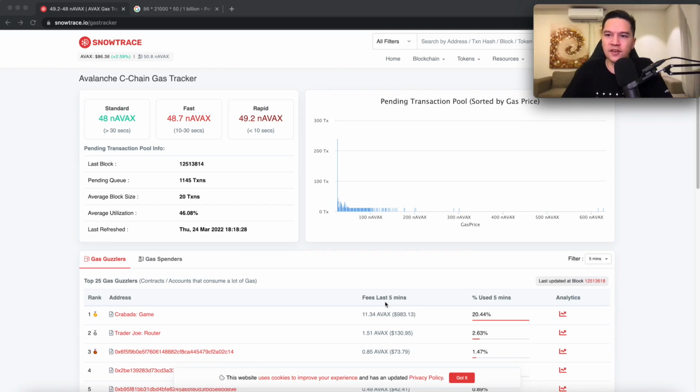A reasonable question to ask is, do we really need to learn about smart contract optimization if we can just use a cheaper chain than Ethereum? There are many Ethereum-compatible alternatives to Ethereum nowadays, like Avalanche, Polygon, Binance Smart Chain, Phantom, Harmony. I can't keep them all in my head at this time. There's a lot. But if we can just use one of those, what do we need to study gas optimization